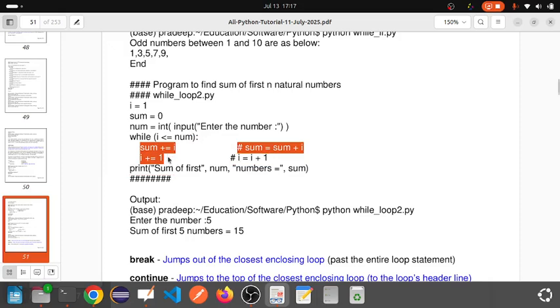these two statements will be executed. In the first, sum plus equal to i means sum is equal to sum plus i. Its short form is sum += i. Now initially sum is equal to 0 and i is equal to 1. So 0 plus 1 means 1, and that 1 value will be assigned to this sum. Sum will become 1,